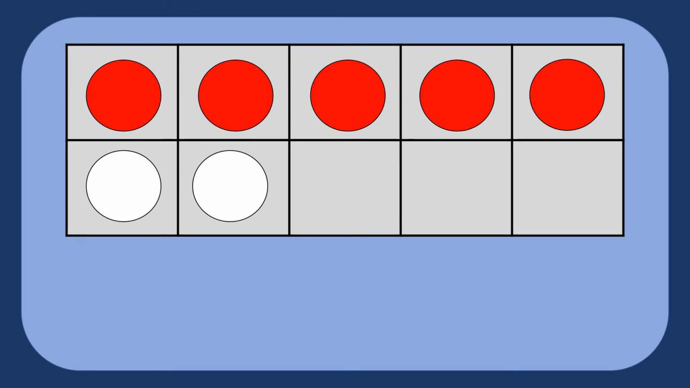counting at 1. To be efficient counters, what we can do is look at the 10 frame and start at a number other than 1. If you notice, the top of the 10 frame is filled up with red dots. 1, 2, 3, 4, 5. If we see the whole top of the 10 frame filled up, we know there are 5. So instead of counting by ones, we could start at 5. Then say 6, 7. Now we know there are 7 all together, and we didn't need to start counting at